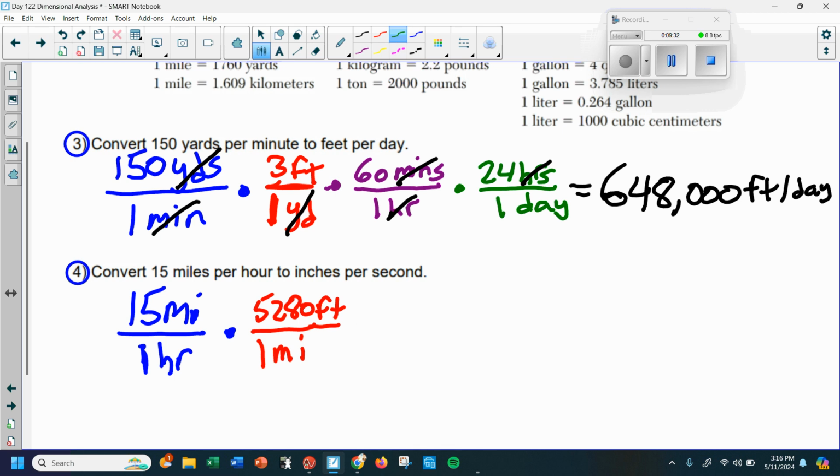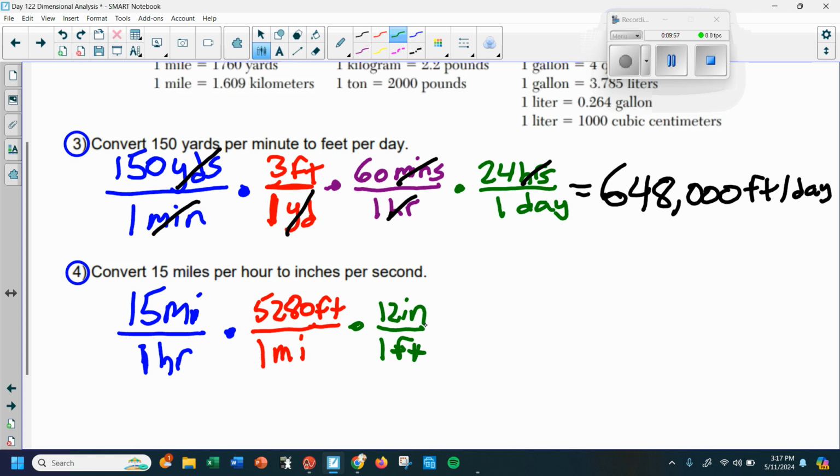So again, if feet are on top, then that foot needs to be on the bottom. 1 foot is equal to 12 inches. Okay, so if we eliminate, all that would be left: the miles would disappear, the feet would disappear, and all we're left with is inches. So that's good. Now we got to get